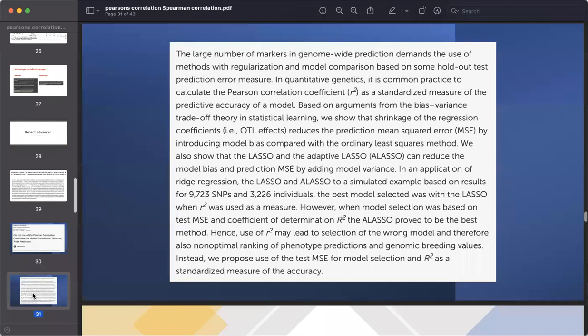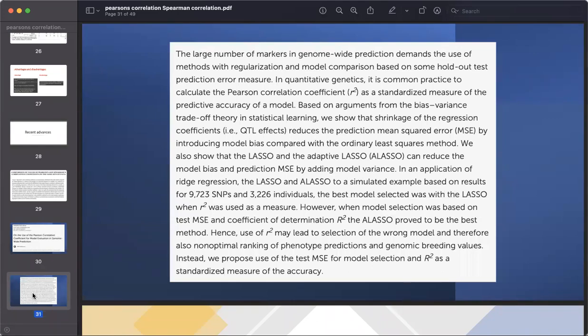Abstract. The large number of markers in genome-wide prediction demands the use of methods with regularization and model comparison based on some hold-out test prediction error measures. In quantitative genetics, it is common practice to calculate the Pearson correlation coefficient as a standardized measure of the predictive accuracy of a model. Based on arguments from the bias-variance trade-off theory in statistical learning, we show that shrinkage